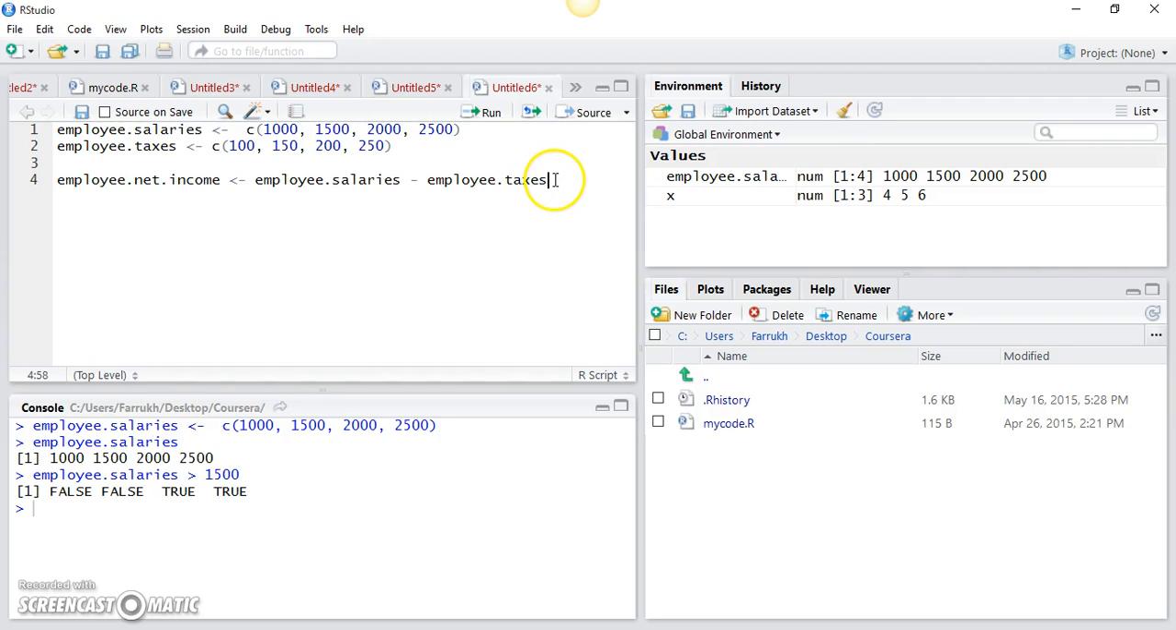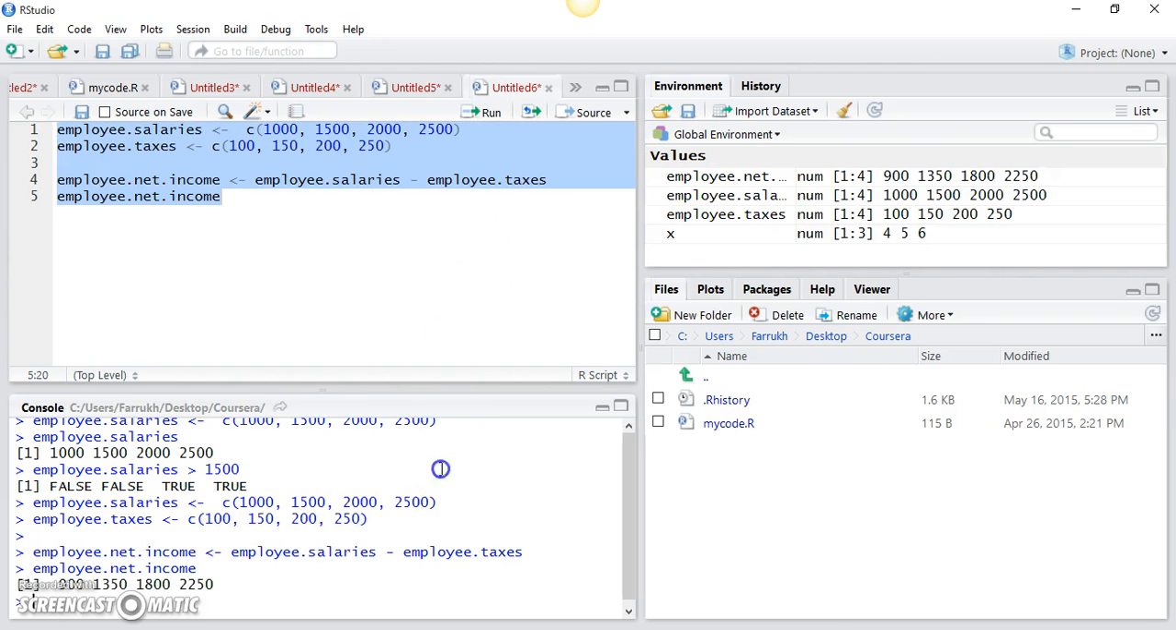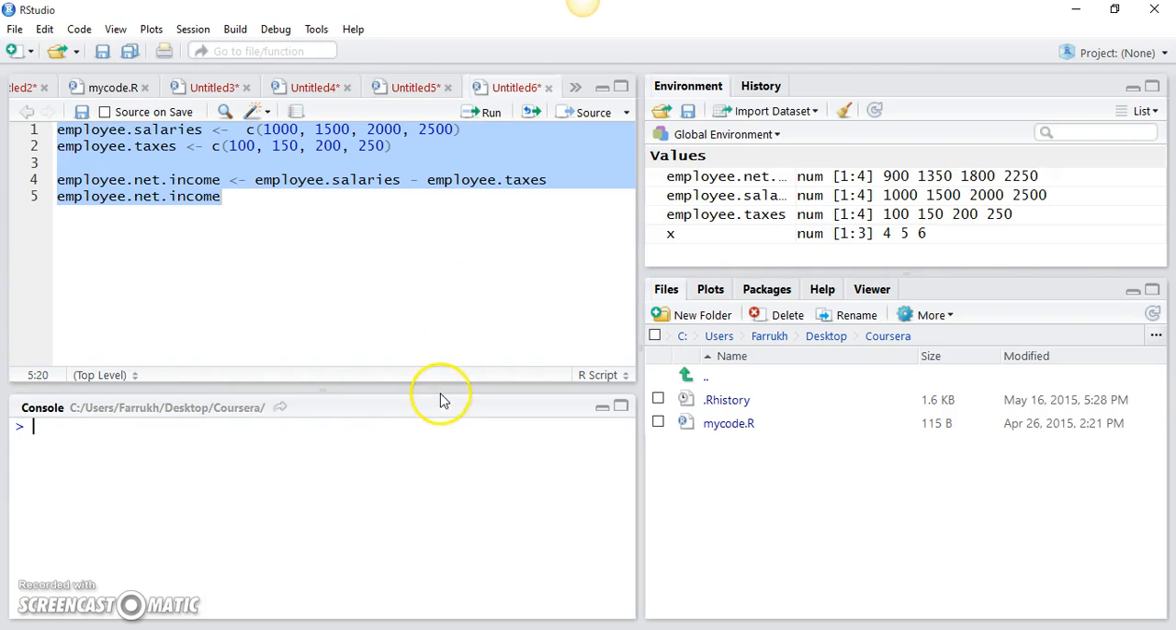Okay, that looks okay. And as a very last step, I can print out the employee net income, and what we are expecting to see is a list of employee net income after deduction of taxes from the salary of each of the employees. So if I select all these statements and run them, in fact, let me clear the console with Control L, and if I run them